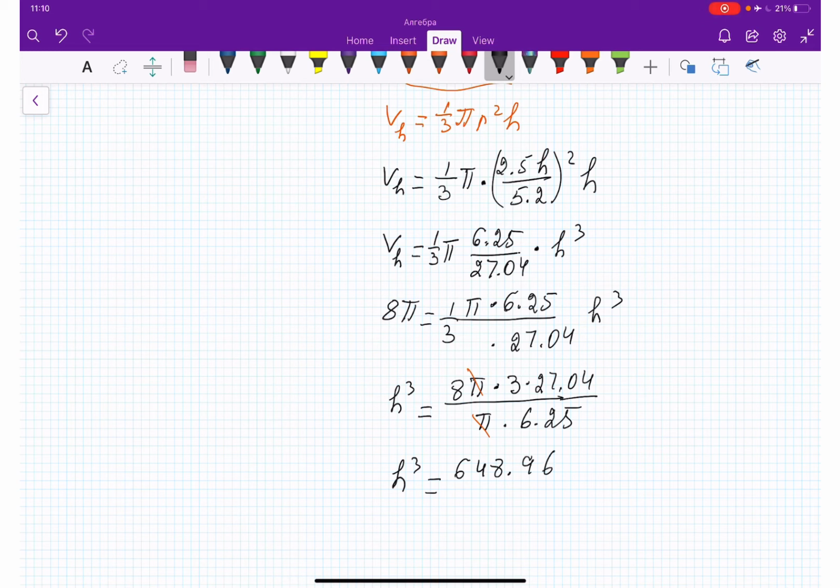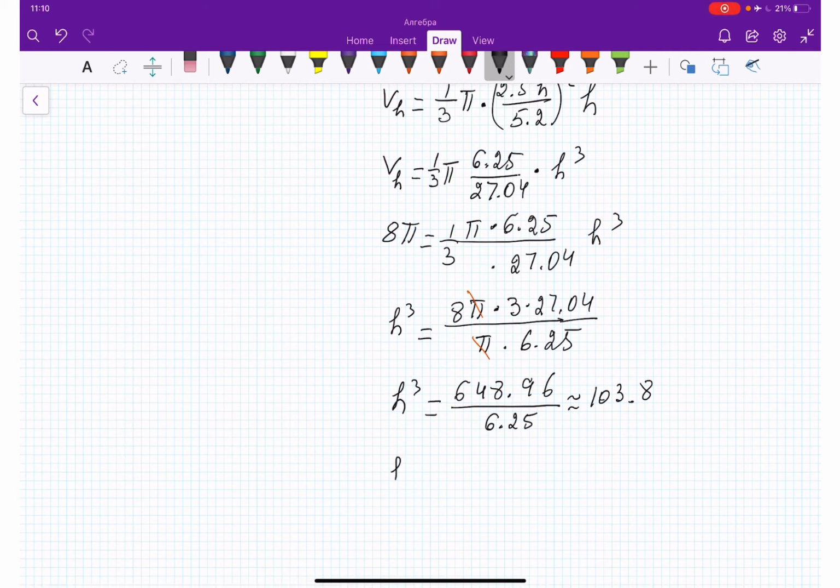648.96. Let me double check. 27.04 times 8 times 3, 24. Yeah, correct. And divided by 6.25, and we are getting approximately 103.8. So from here, h is equal to the cubic radical of 103.8, which approximately will give me